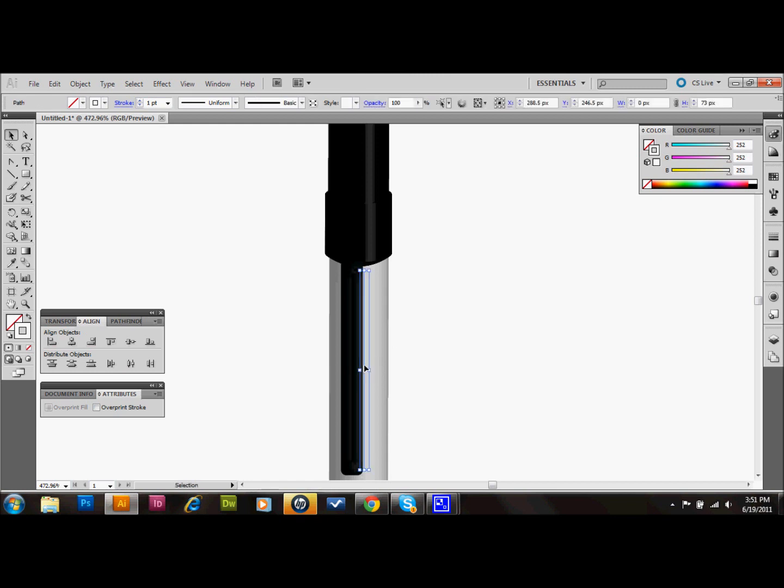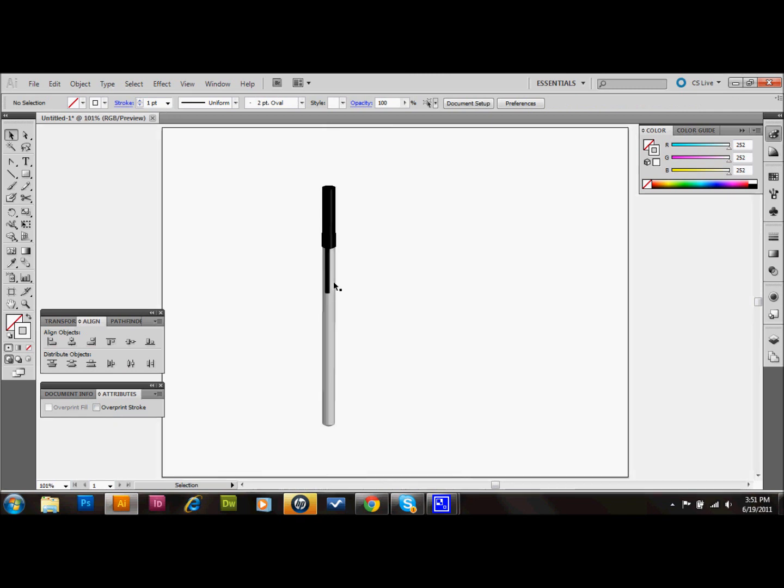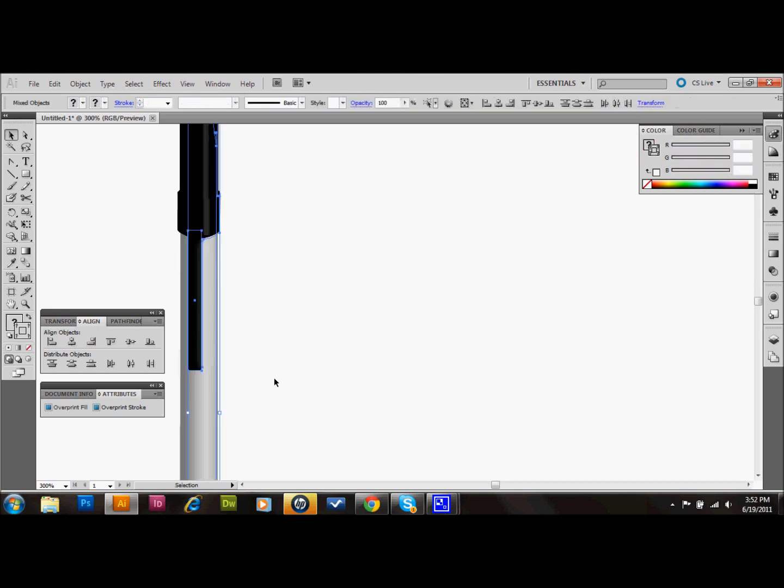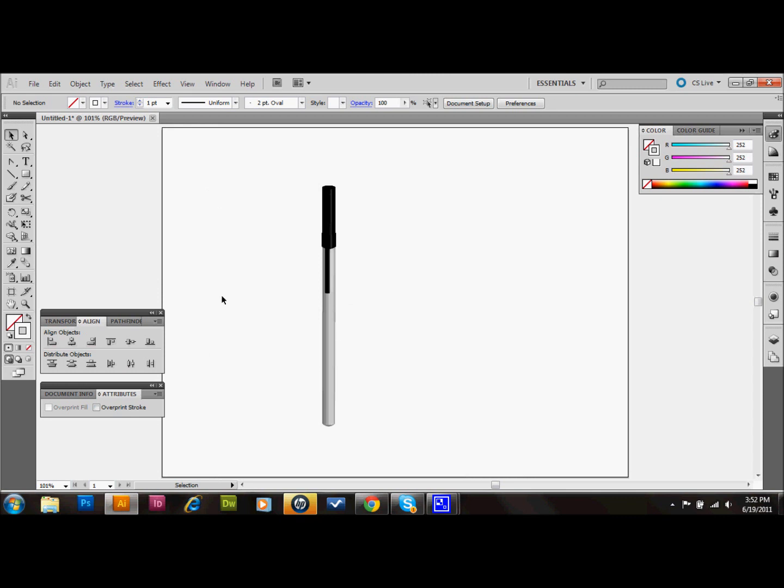Okay, I'm just going to zoom out, and actually, let me zoom back in a little bit, because we want to make that pin cap one solid shape, so we'll select that highlight, and select everything other than the pin, pretty much. And then we'll do Control G to group it, and that way now your cap's one shape. And now you pretty much have made yourself a ballpoint pen. I'll zoom in on it, and it's not only a ballpoint pen that you've made, but you can remove the cap,